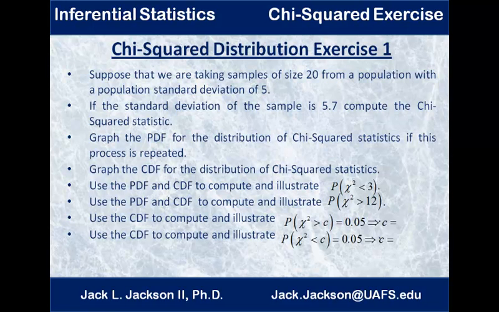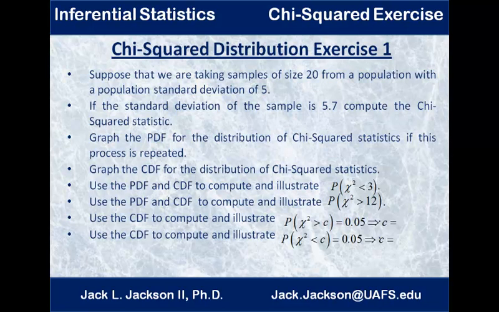Alright, so let's look at some exercises as how we can use these techniques. Suppose we're taking samples of size 20 from a population where the standard deviation of the population is 5. And the sample standard deviation is 5.7, compute the chi-square statistic. We want to graph the PDF of the chi-square statistics if this process is repeated, and graph the CDF. So in other words, graph a PDF and a CDF when you have a sample size 20. Use the PDF and CDF to compute and illustrate the probability of chi-square less than 3, probability of chi-square greater than 12,